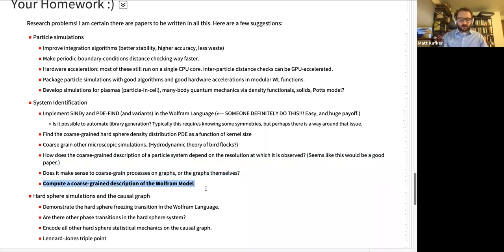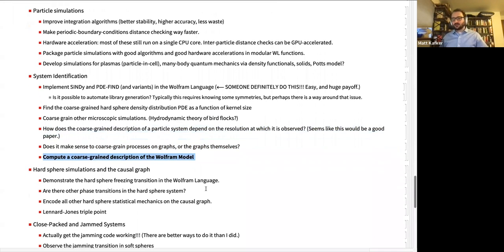And in particular, this is in bold because we're at the Wolfram Winter School, presumably to think about fundamental physics. These hypergraph models are operating at such a tiny scale that, if it turns out this model corresponds to reality, in all likelihood you're going to need some sort of coarse grained description to make any sense out of them. Maybe this is something that can be computed and automated, and that seems like a really interesting problem to think about.